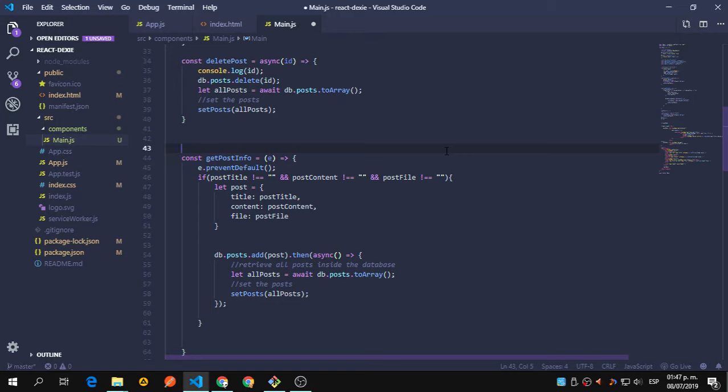I'll just paste it in there and submit. Just like that, so you can see it. So we prevent the default, so we don't refresh the browser. And I'm just going to make a simple validation, check if the post title is not equal to an empty string, the same as this one and the same as this one,